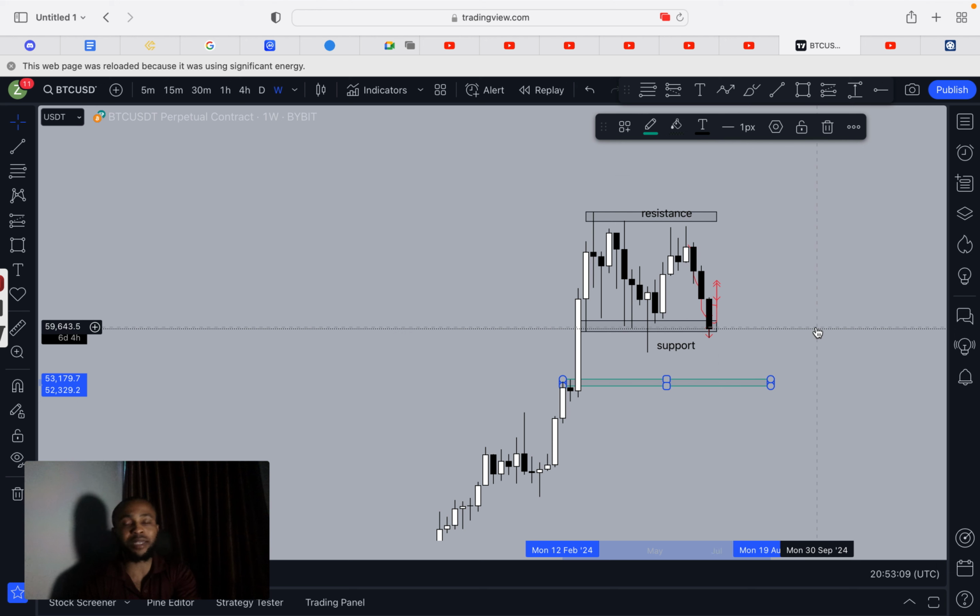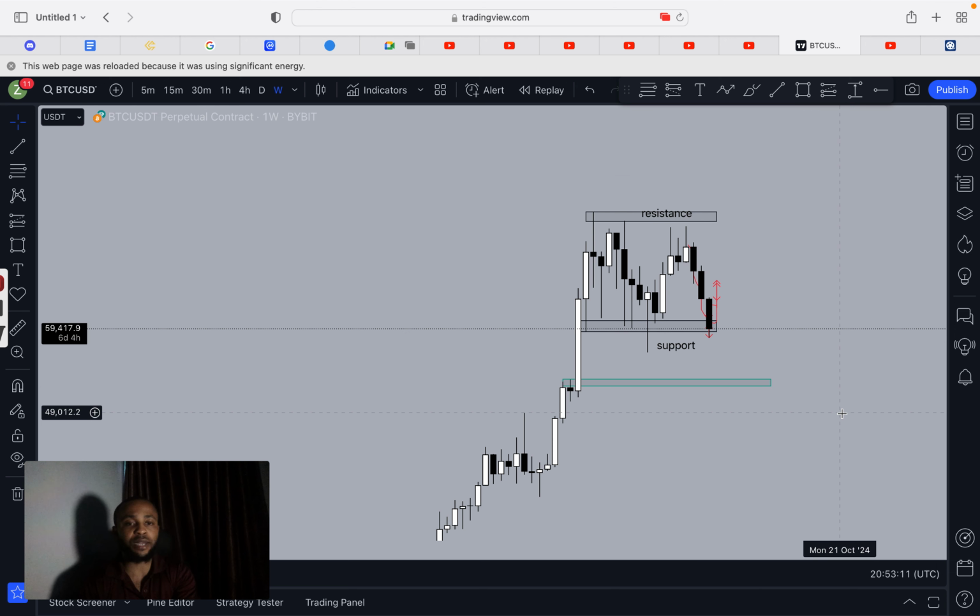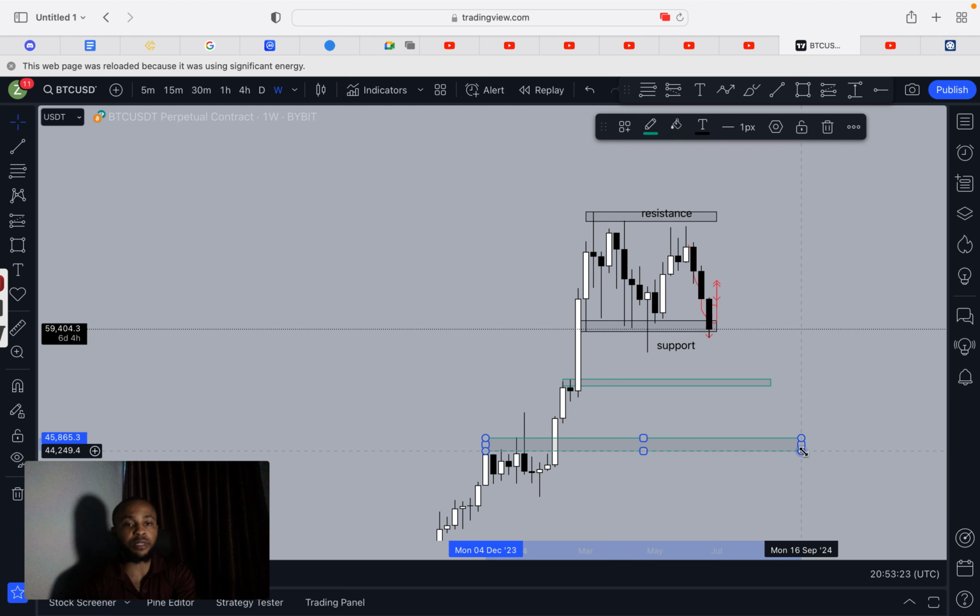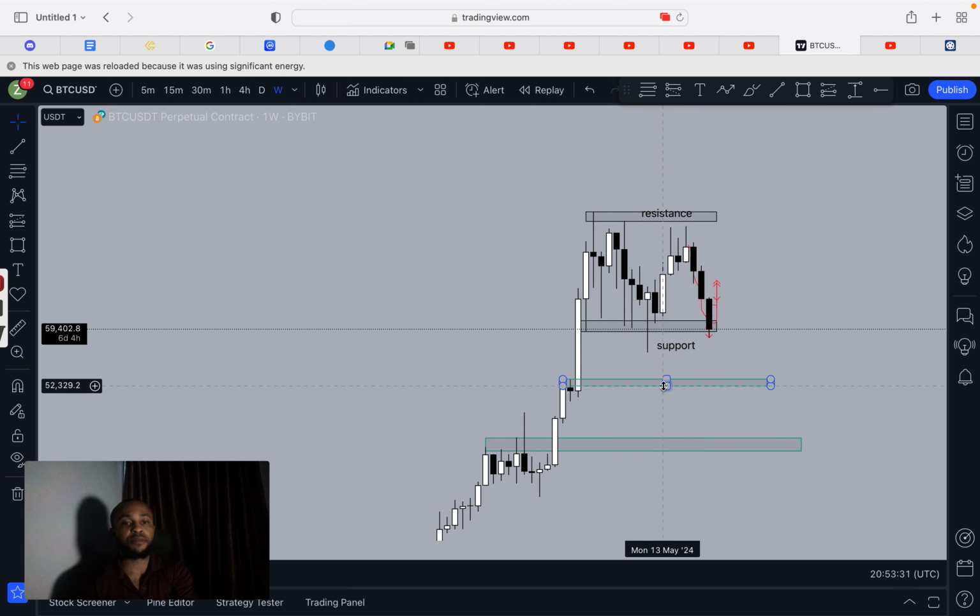Remember I told you guys when I actually had a class with you on the physical class, right, that this is the level I'm going to be looking for investment, 52k and also 44k here, right? So these two levels here, if Bitcoin gets to here, I'm going to buy for investment. If it gets to this point, I will buy. If it pulls back again, still coming down to this lower point here, I'm still going to buy more. Okay, this is for investment.